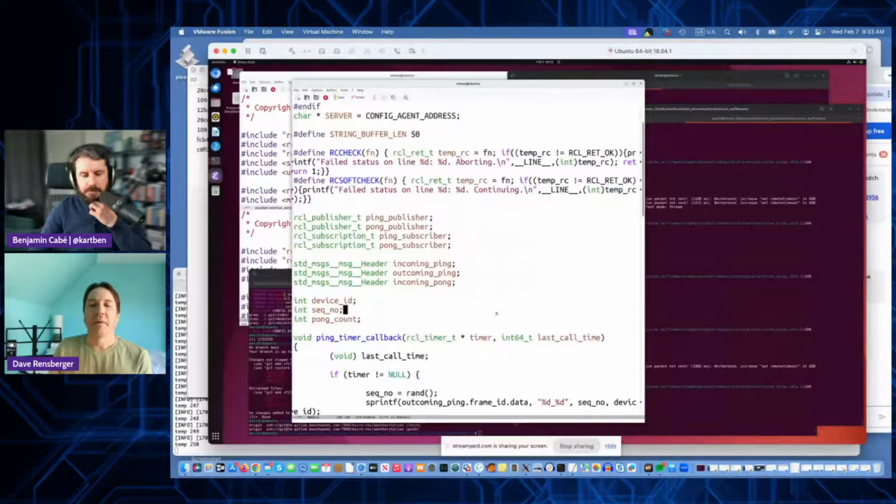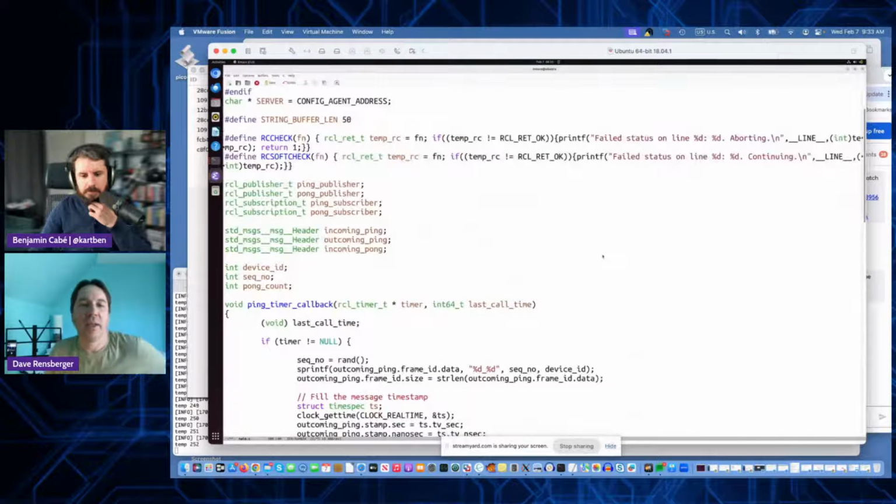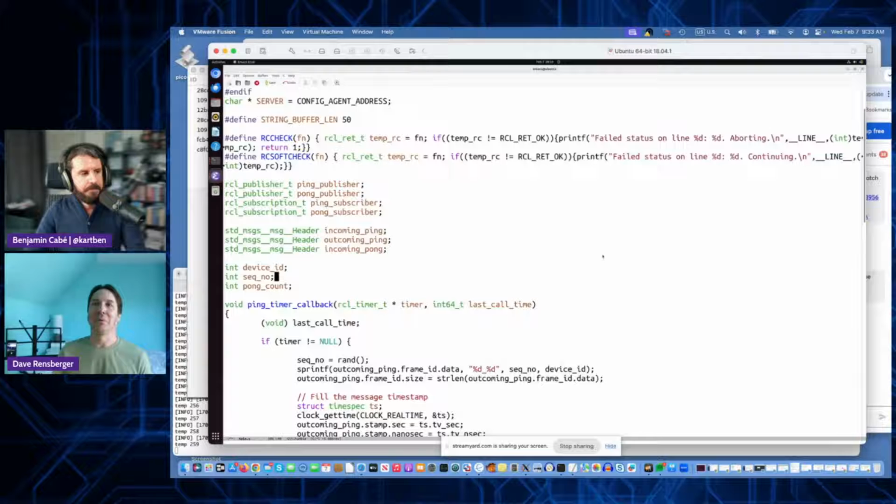So, the installer that we're providing through GitHub won't build the weather station app that we're demoing here, but what it will build is a standard app called Ping Pong that basically just A publishes to B, who's subscribing to A, and B publishes back to A, who is subscribing to B. Just a back and forth ping pong. So it's a pretty nice, simple